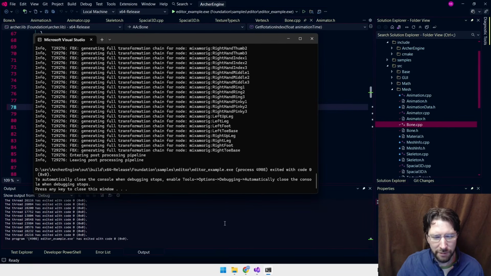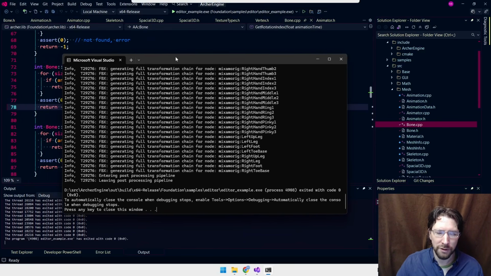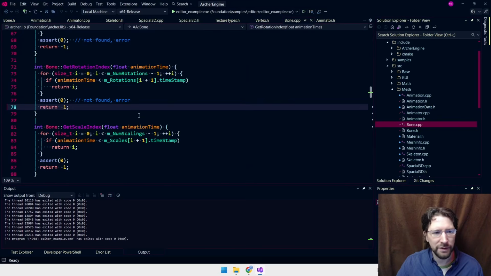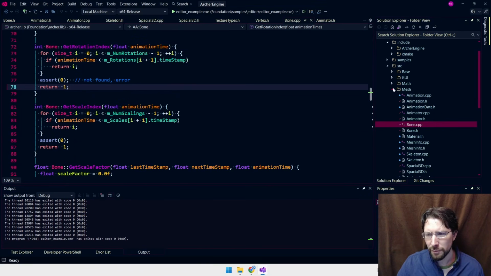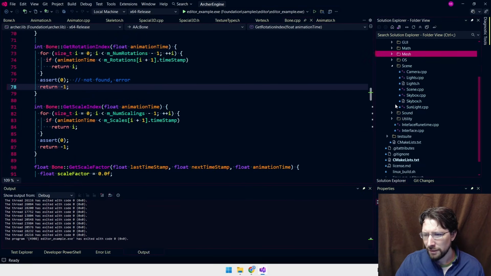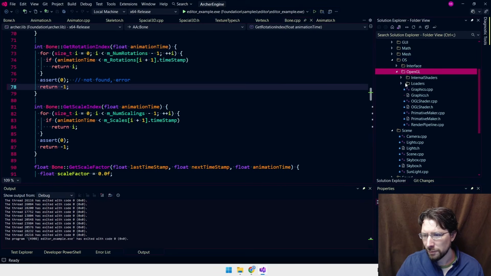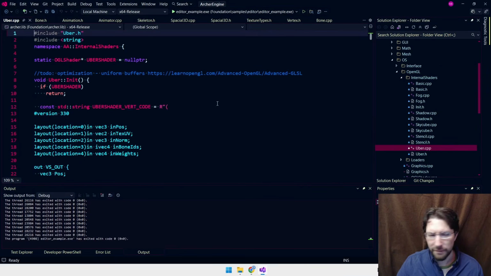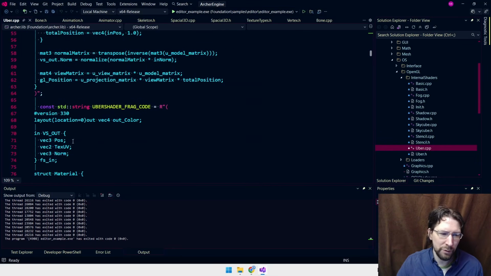If you want to test these animations, you can open something like Unreal Engine or Unity and bring in these models and animations there and see how they go. Then you can see if it's the animation that's the problem or if it's your code. And for me, it was mostly my code. These tended to work pretty well in Unreal, so it seemed like something with the way I'm doing the code. And this is all pretty hacked together, like the shaders. Where is that in OpenGL? I have these internal shaders that are all pretty hard coded, and they really need to be updated or fixed or done in a more dynamic way.